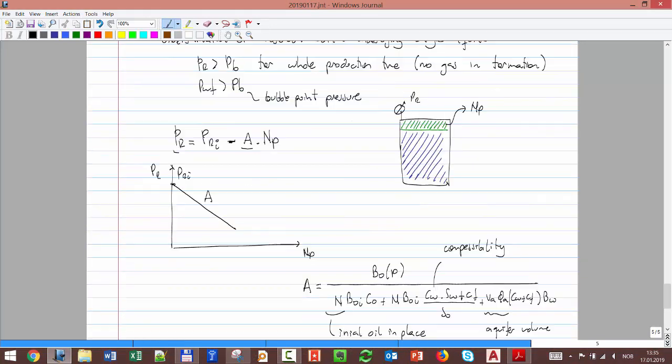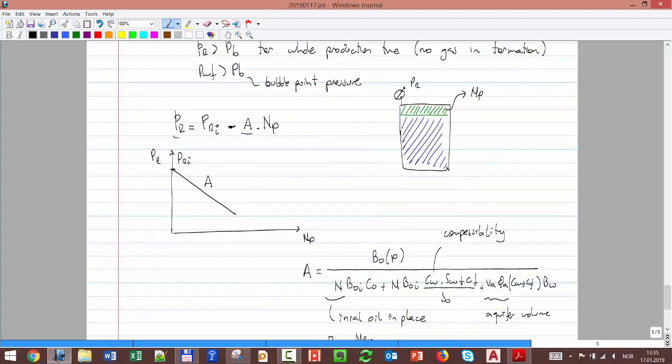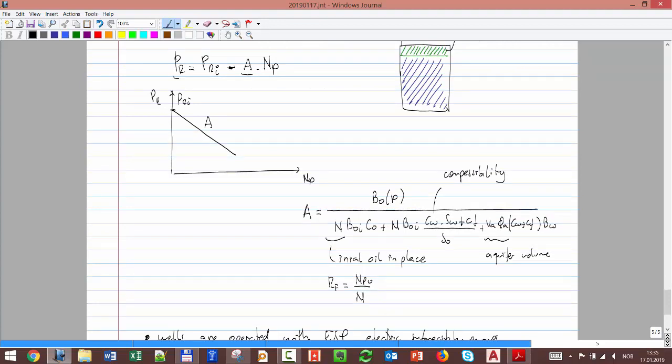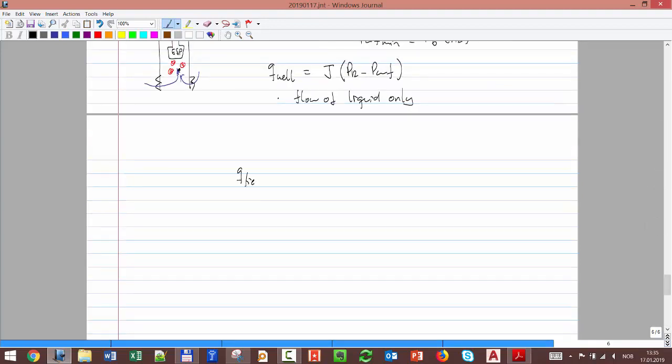Okay, now to make our analytical development, the equations are fairly simple, right? I can introduce one equation inside the other. In this case, let's say the Q of the field will be N wells times J (PR minus PWF), right? And the Q field max, or Q field potential, what we were discussing before,